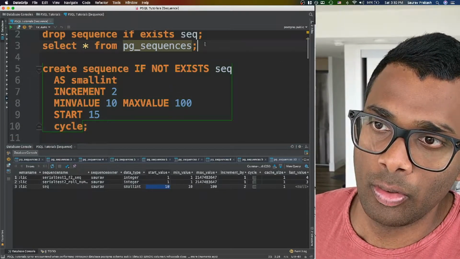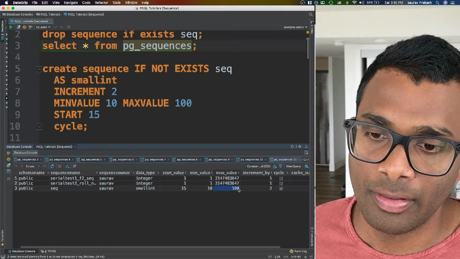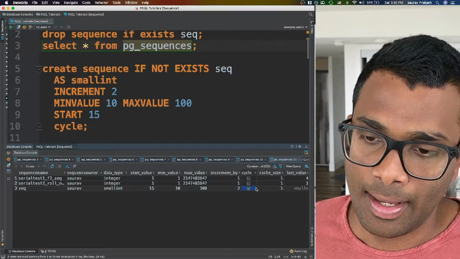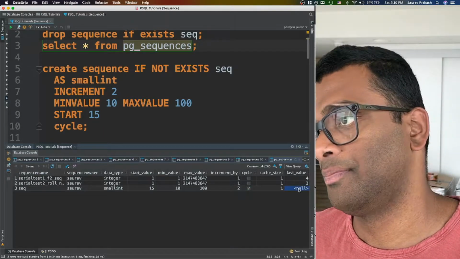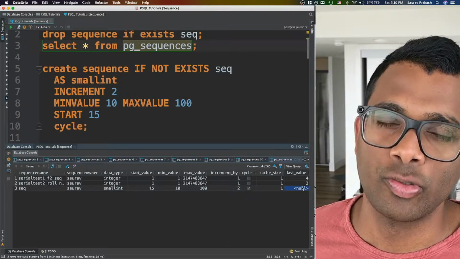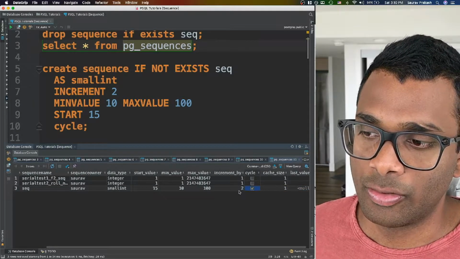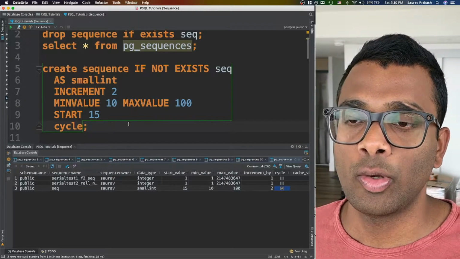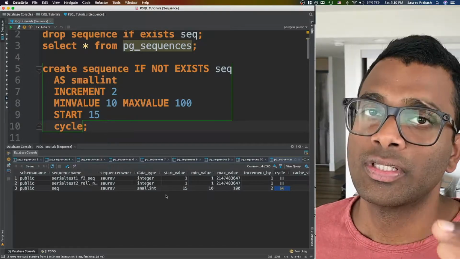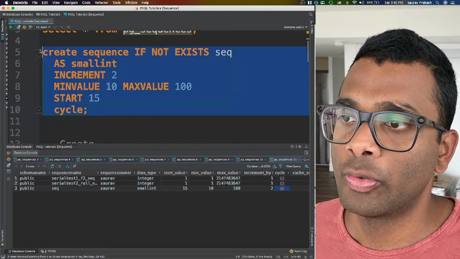So now let's take a look at this, and we can see the max value is 100, increment by 2, and the cycle is set to true, and last value comes from operation. So you have to call the nextval function for last value. So don't worry about it. Let's not jump ahead. You can see the cycle now is set to true, so if your value increases past 100, then it won't throw an error. It will reset itself to the start value. Okay. So now you know how to create this